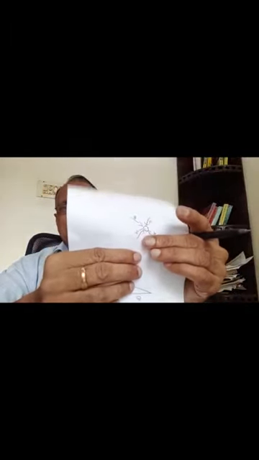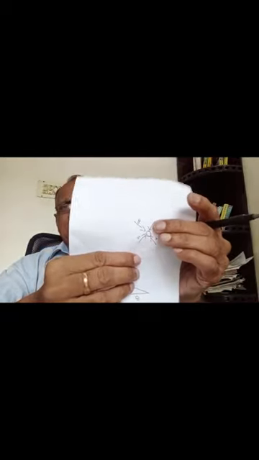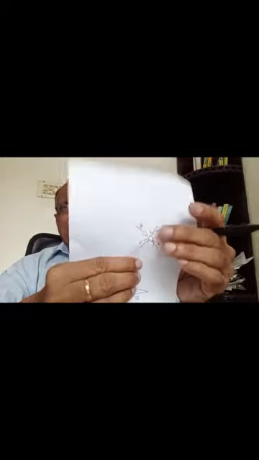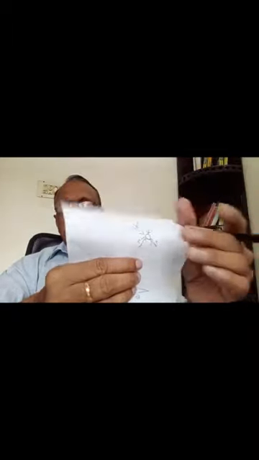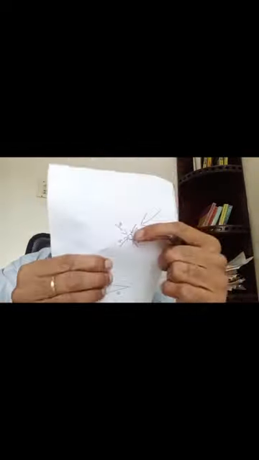Likewise, taking these 2 first, find the resultant. Then with that resultant, take this next one. Then these 2 give another resultant. Then that resultant with this one, we will get another resultant. If that resultant is acting in this direction, if these 4 are replaced by a single force, then this body will move in that resultant direction.